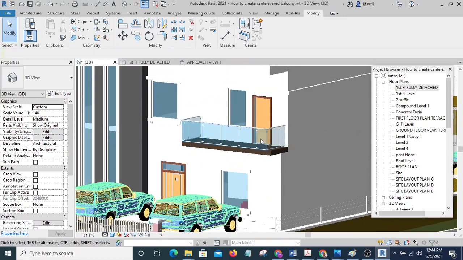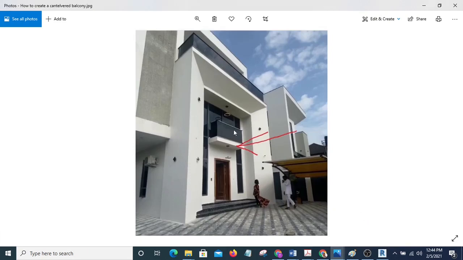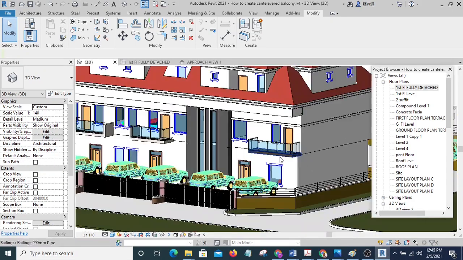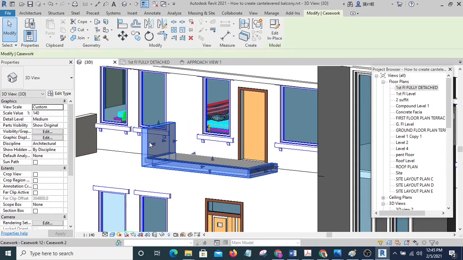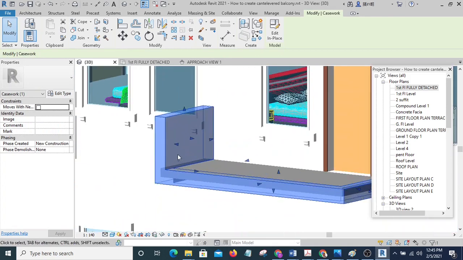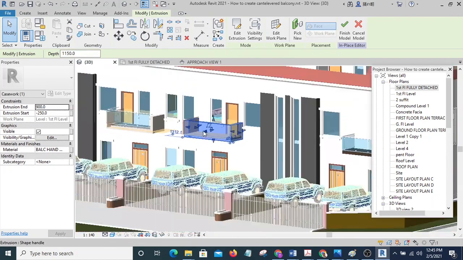But in case you don't like this, you want it to be complete, you want it to be full like this. You don't want that gap, that small gap. It's as if this one is just complete. I can't see clearly, but I'm going to give you that alternative. So you are going to use, let me do it here. Assuming I want to do it here, you can see this is an extrusion, so I can decide to modify this extrusion.